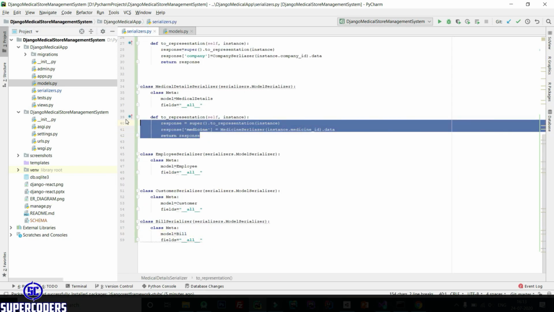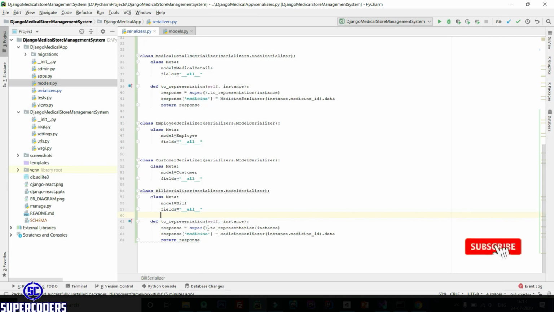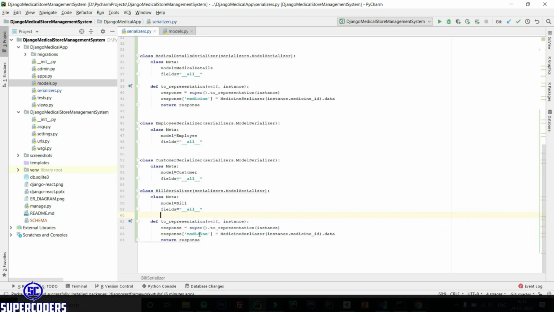So again copying this function and adding here. Now in this function you need to return the data of customer. So customer equals customer ID, and passing here the customer serializer. So this is also done.